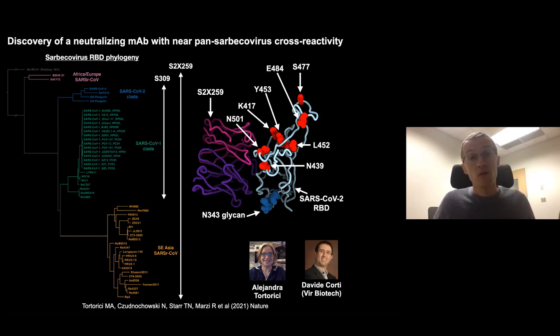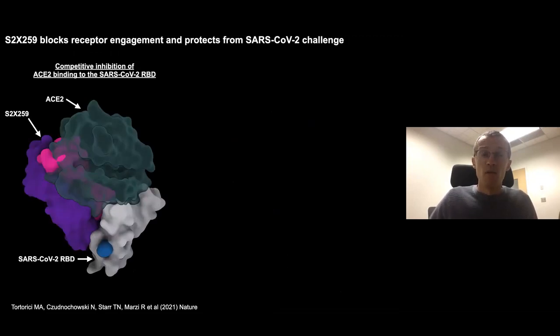So the antibody actually neutralizes all SARS-CoV viruses we have an assay for, including Bat-72, and is therefore a lot broader than S309, and is a good clinical candidate, not only for the current pandemic, but for pandemic preparedness should a new SARS-CoV virus emerge into humans. So if we map the binding site of S2X259 on the RBD as compared to ACE2, we can see that they actually share a few residues in common around position 501, and therefore the antibody blocks ACE2 attachment competitively as a mechanism of inhibition.